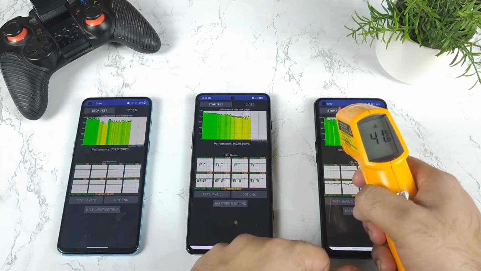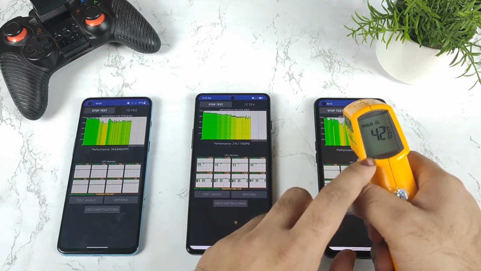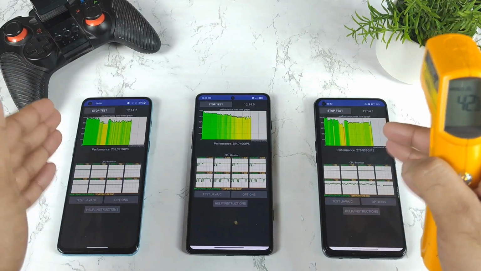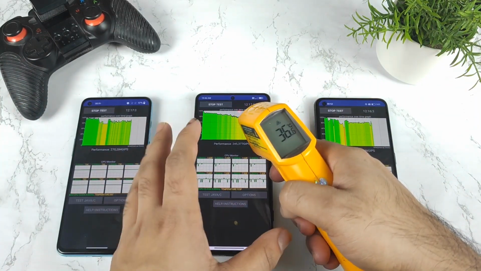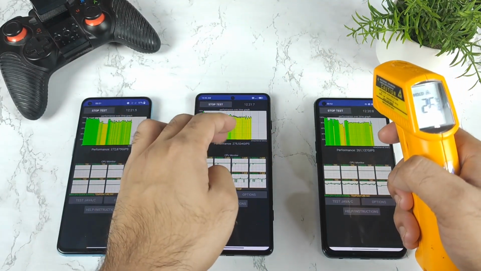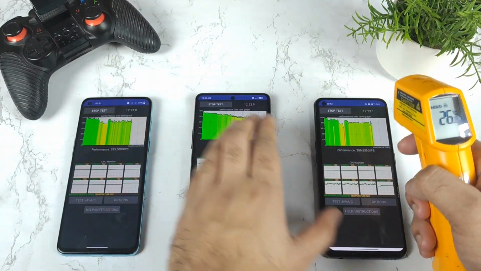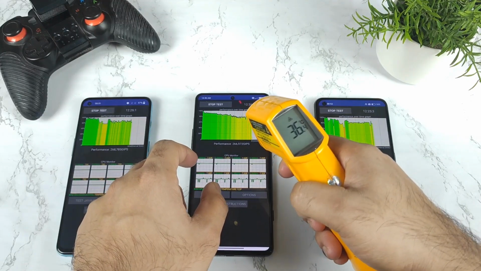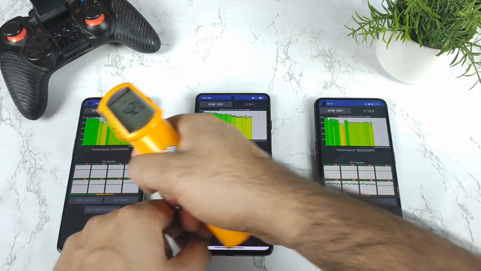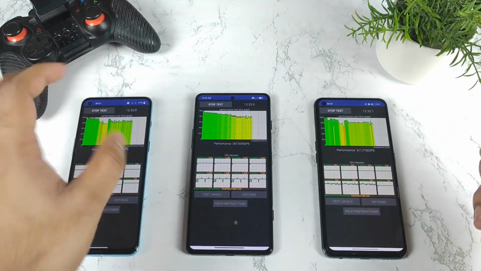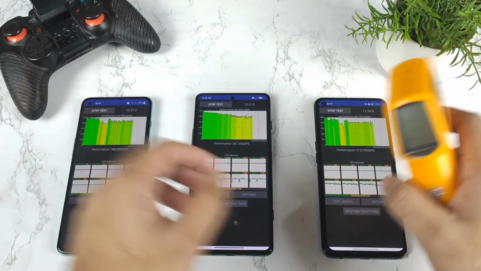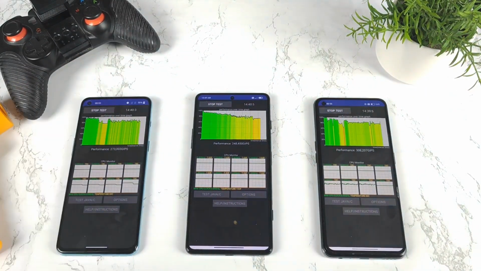42.2. It's increasing, friends, regarding the temperatures. Both the Realme X1 Max and the OnePlus Nord 2 did reach 42 degrees Celsius. And the Poco F3 GT is remaining around 36 degrees Celsius, because the performance decreased and the temperature also slightly decreased. 42.2, 42.4, it's like a competition. I will be back after 14-15 minutes, exactly at the end of the test. Then we'll discuss more details.